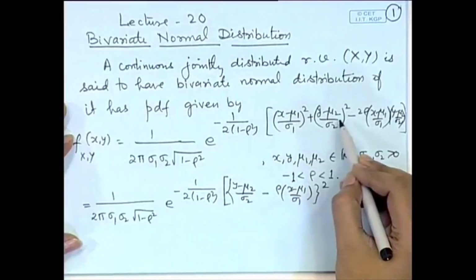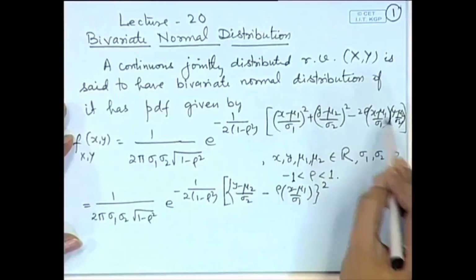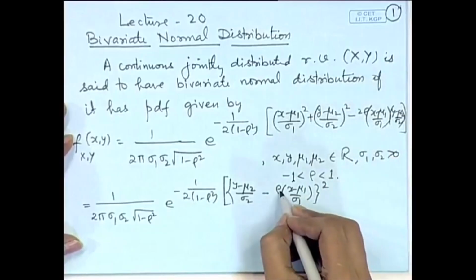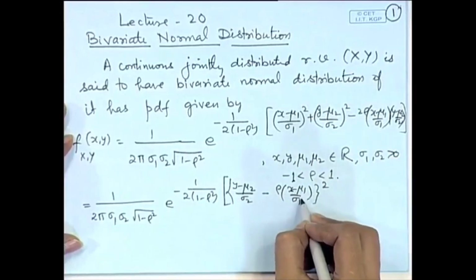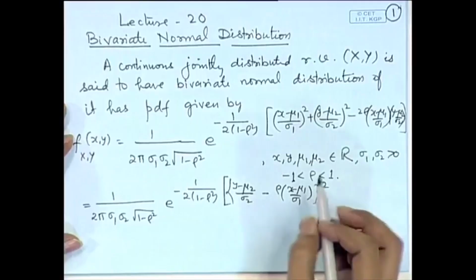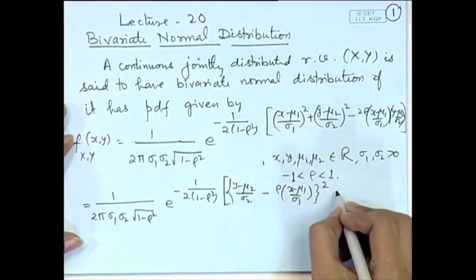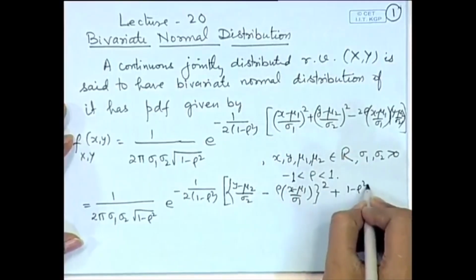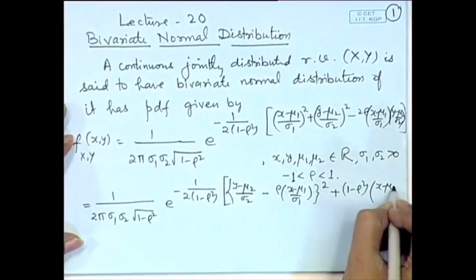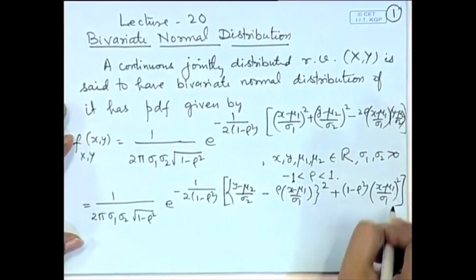Now, this square corresponds to this and the cross product term corresponds to this. So, that means I have added rho square into ((x minus mu 1) by sigma 1) whole square. If we subtract this, I will get the term (1 minus rho square)((x minus mu 1) by sigma 1) square,